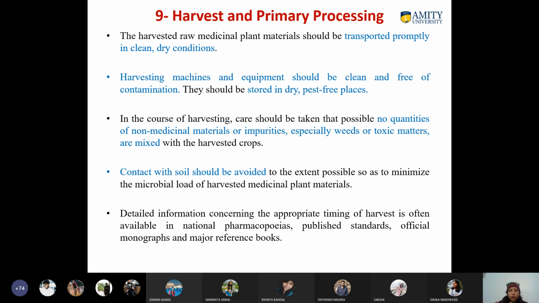Then the second thing is that whatever harvesting machines or equipment you are using for cutting the plants, they should also be clean and free from any contamination, and they have to be stored in a dry and pest free place. And the next thing is that no quantities of non-medicinal materials or impurities like weeds or toxic matter should be mixed with the